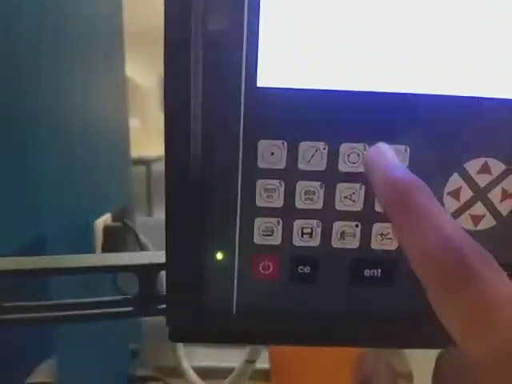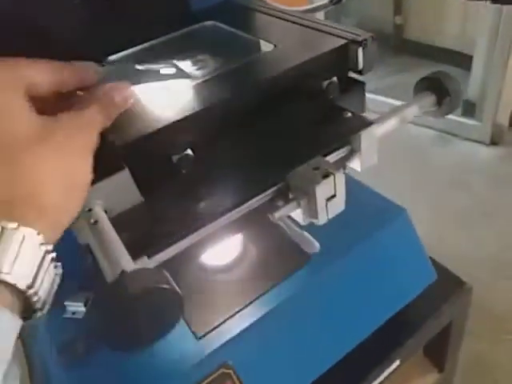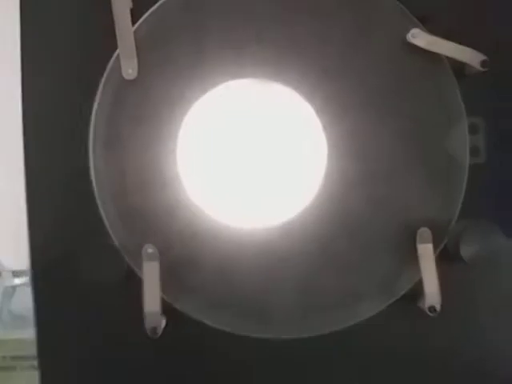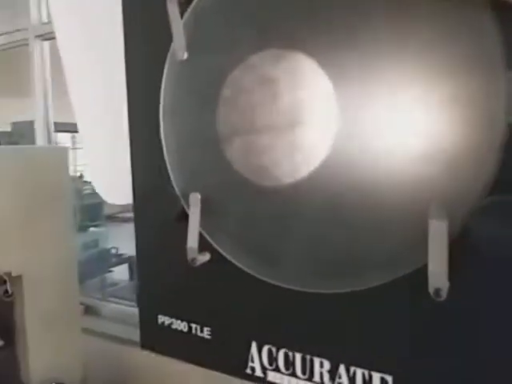Again, I will show you another function, by which I can measure a slot diameter. For that purpose I will change the component. Instead of a screw, I will place a plate which has 2 slots or 2 holes. Simply, one diameter I will measure. You can see one hole shadow is present over here.